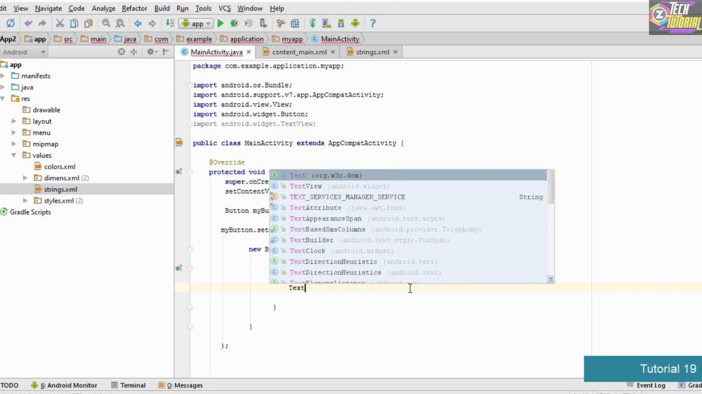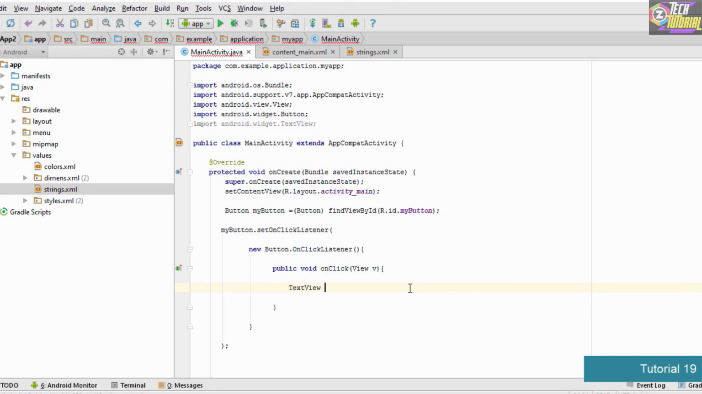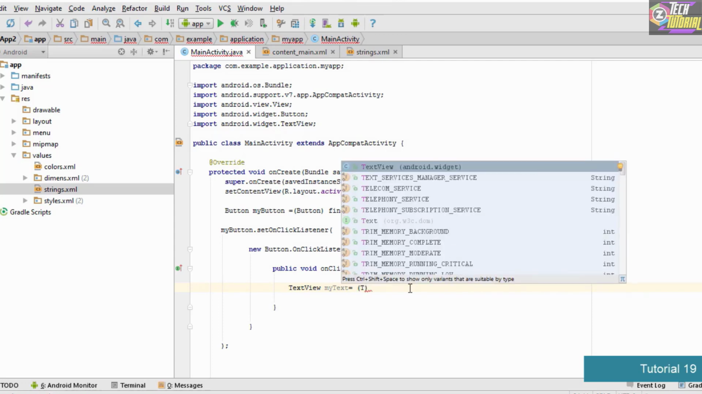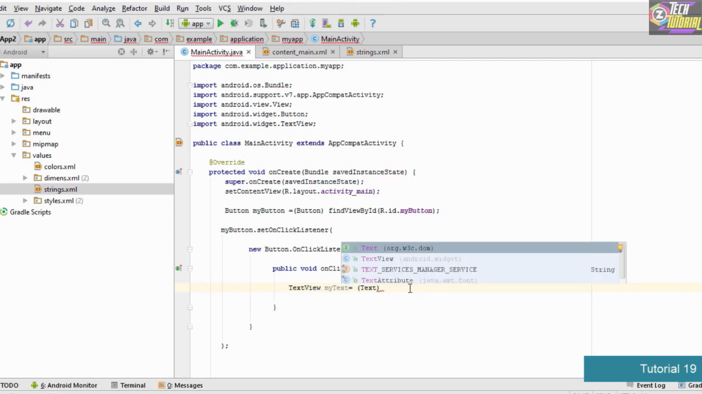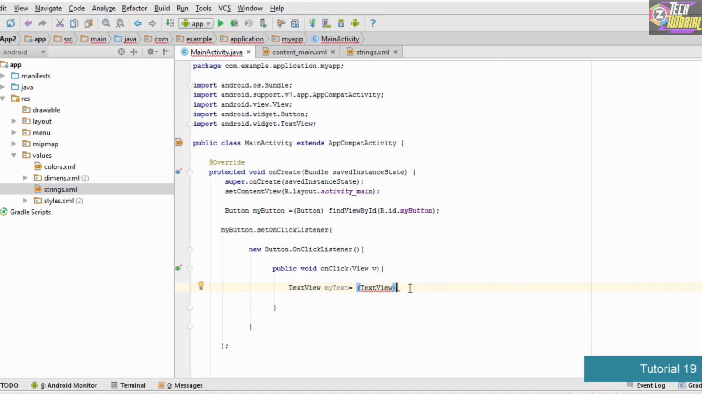So we type TextView, and let's name the text view as myText. Then we type equals, and in order to typecast it, we type TextView again inside parentheses. If you know Java, you could understand what typecasting is. And we go out of the parentheses, and then we type findViewById, and as we are going to need the ID of the button, so we type